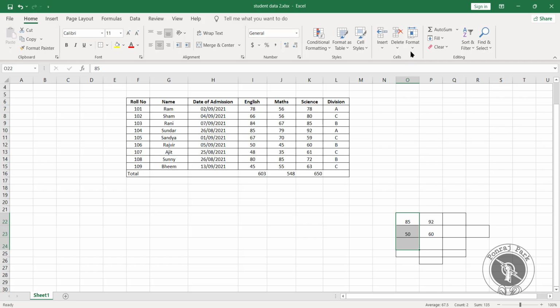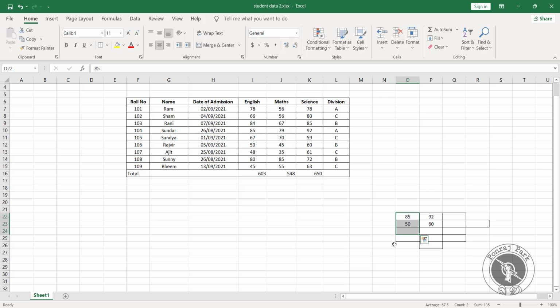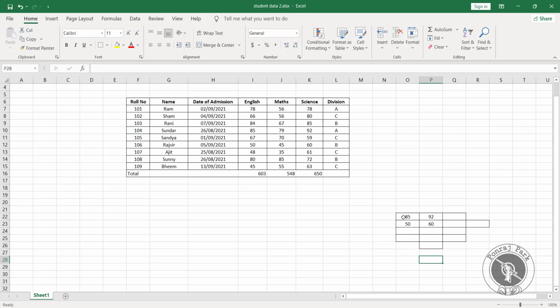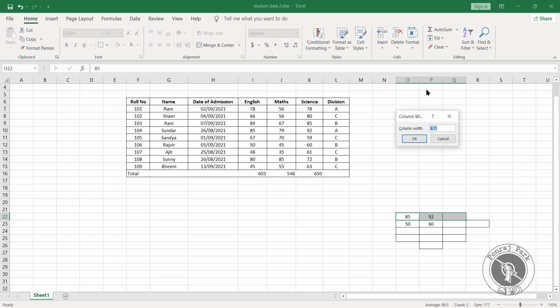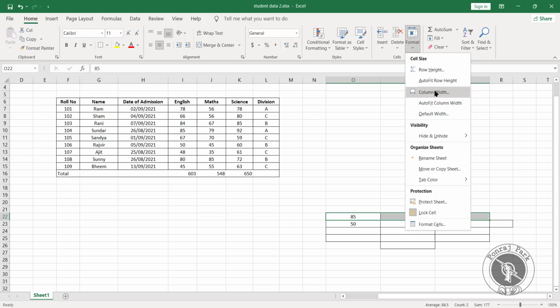So if I select this and choose auto fit row height, it will automatically set the row height. And then next we have the column width. Likewise, suppose I want to increase the column width. So here I'll take this column, and now if I click on column width and make it 20 suppose, and I'll click OK. So now you can see the column width of whatever data I have selected has increased.